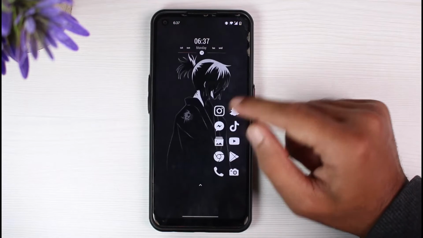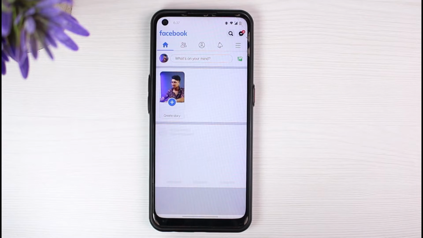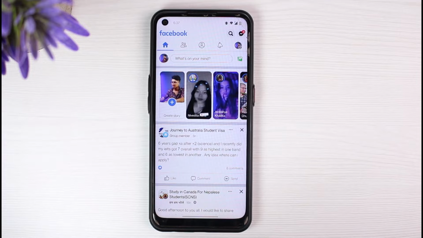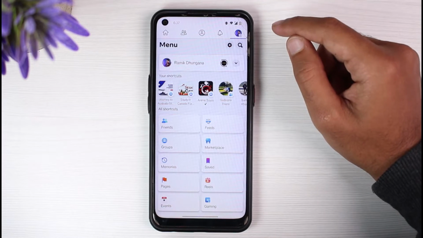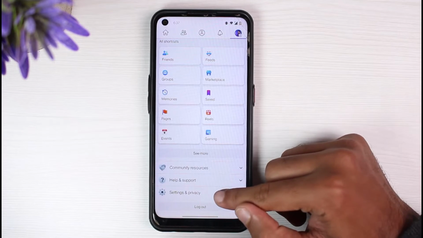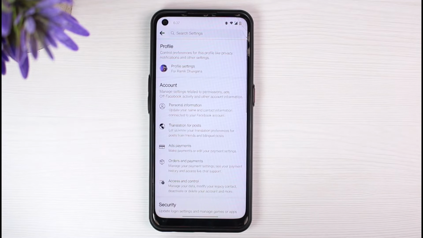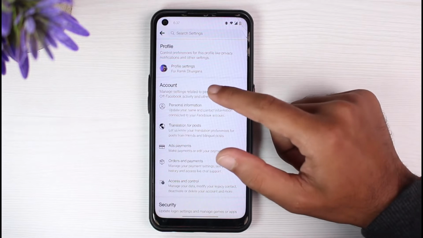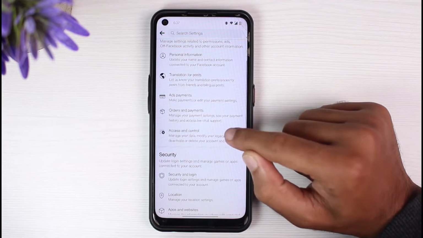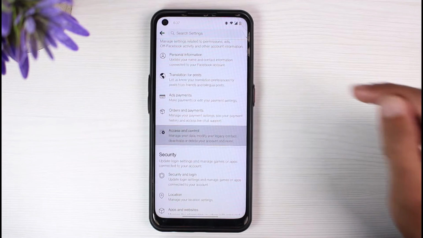So what you have to do is open your Facebook app. Now once you've done that, tap on the three lines on the top right corner of your screen. Now scroll all the way down and then go to settings and privacy. Now tap on settings and then you'll be taken to this page where right under account settings, the last option you can see access and control. So simply tap on it